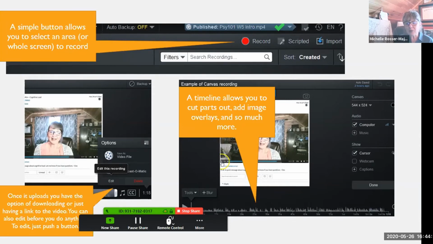On the right, I just wanted to show you how at the bottom it says blur. All kinds of tools. In the timeline, you can literally just go through and say, where do you want things? Do you want it to show the cursor? Do you not want it to show the cursor? And so it can be a lot of fun. My only warning, it might be too much fun. I always have to watch how much time I spend doing that when I'm busy.